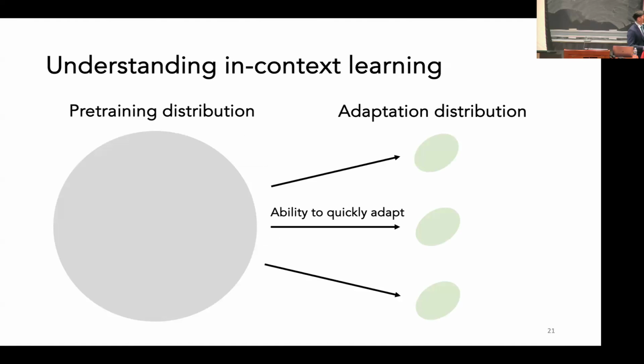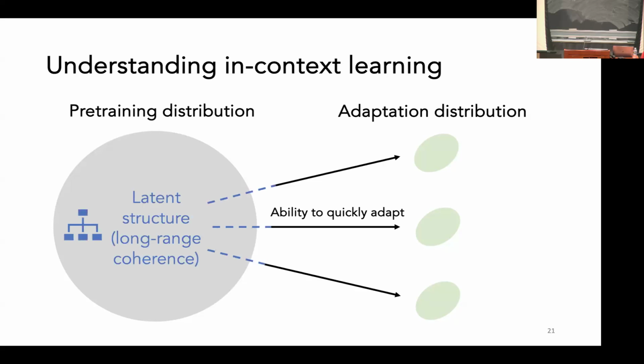And we can understand this as the language model's ability to quickly adapt to many adaptation distributions just by conditioning on a few examples sampled from that adaptation distribution. And we'll analyze how this can occur. Our understanding is that it originates from the model modeling this latent structure in the pre-training distribution, in particular, this long-range coherence structure in pre-training documents.